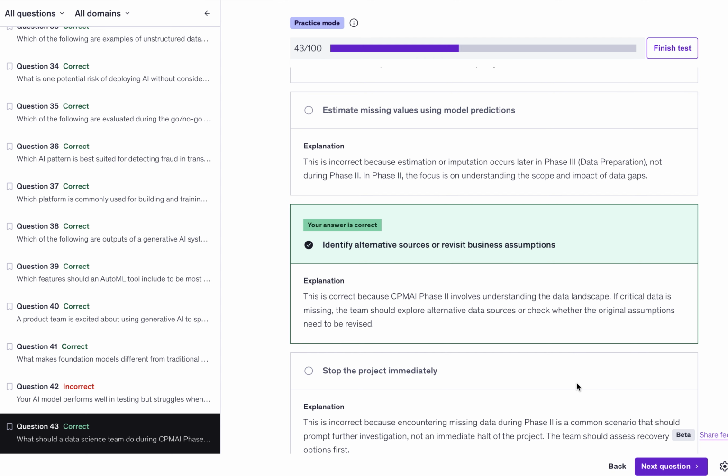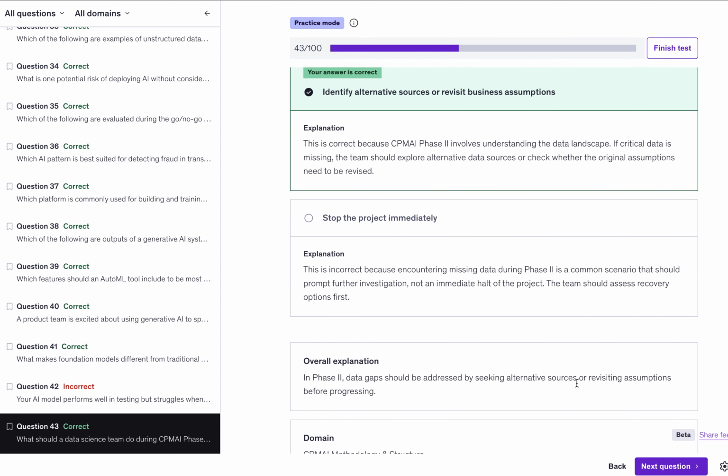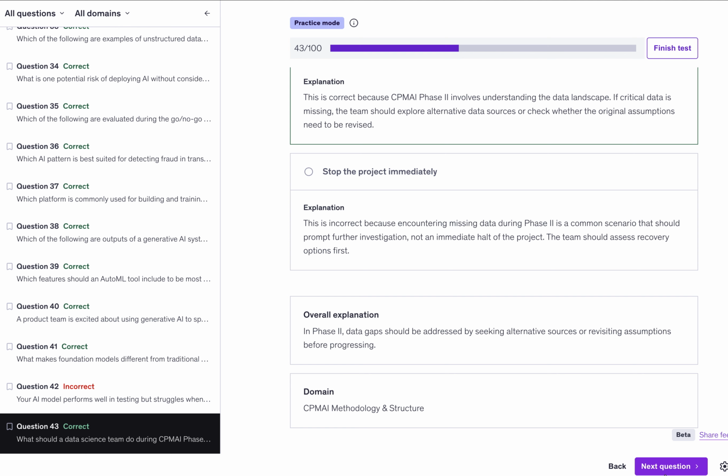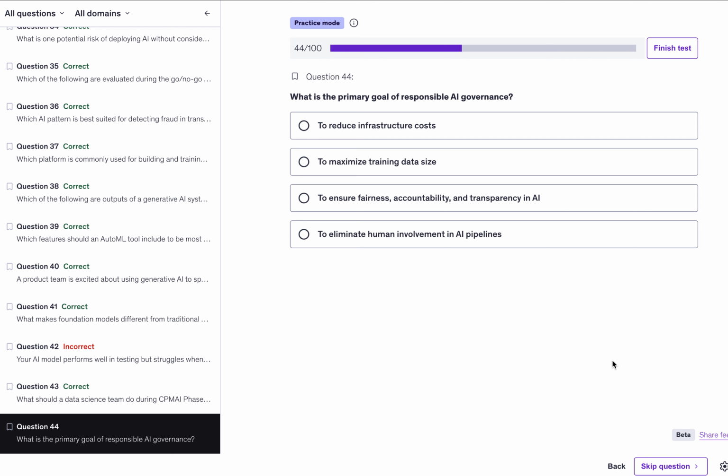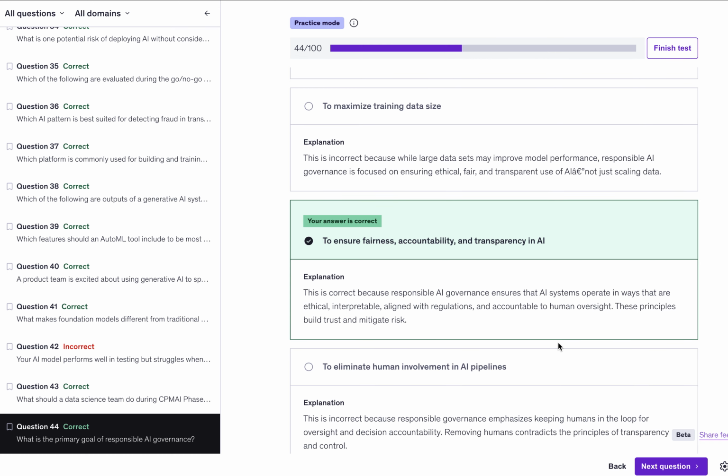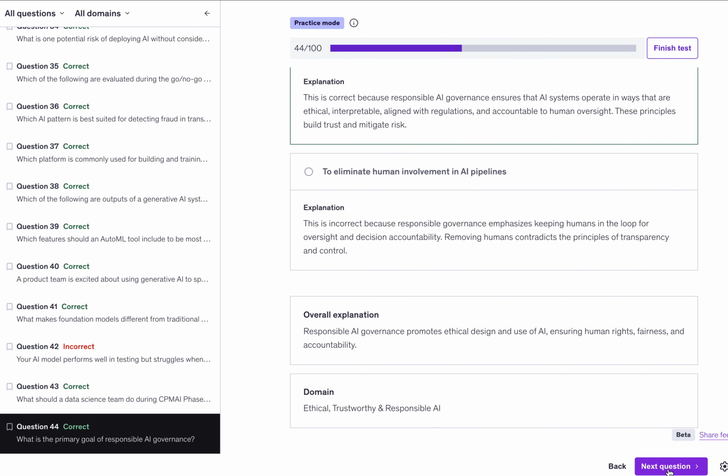Let's see. Right, please pause in case you want to go through the explanation for the right answer or why others are not right. Moving forward. Going ahead,